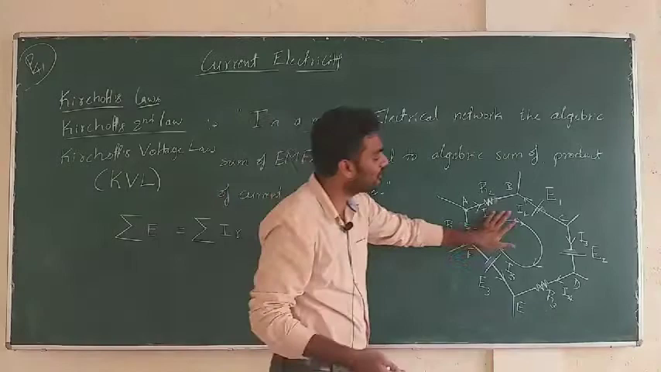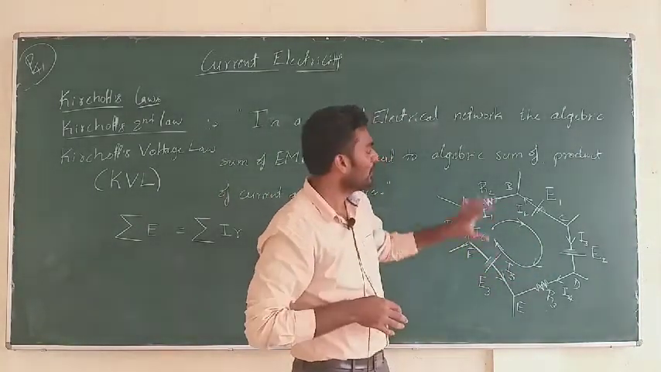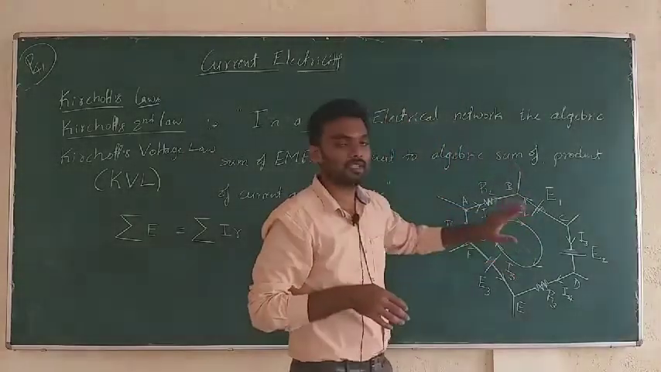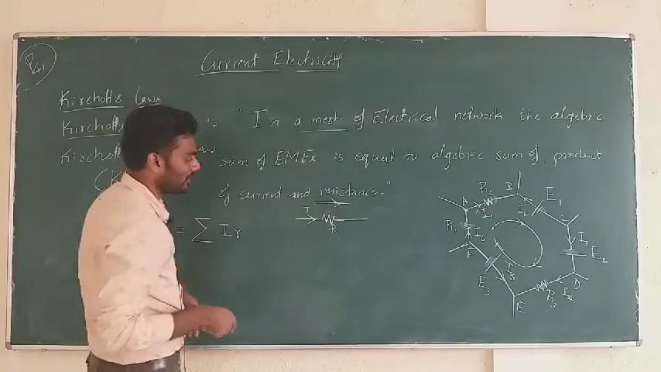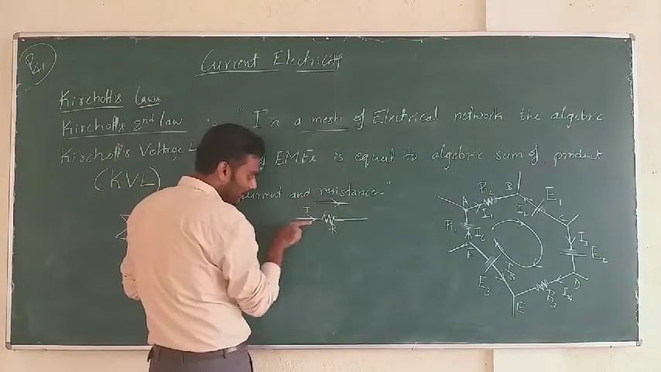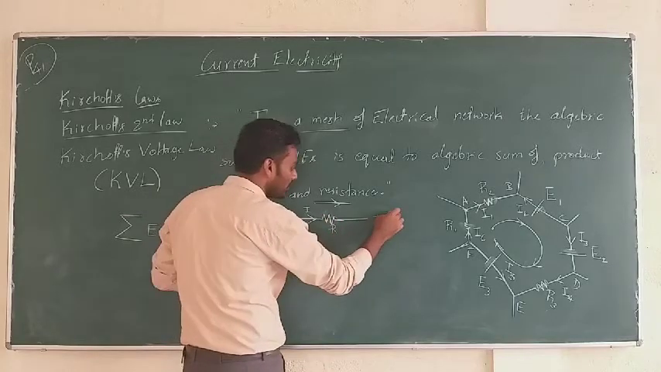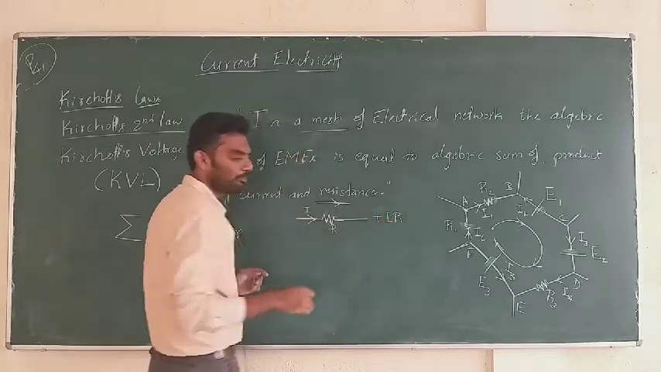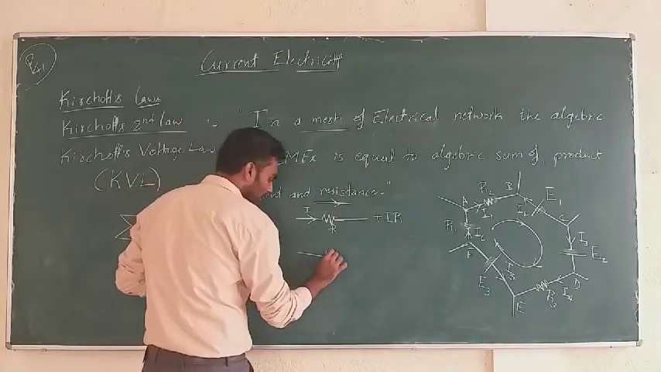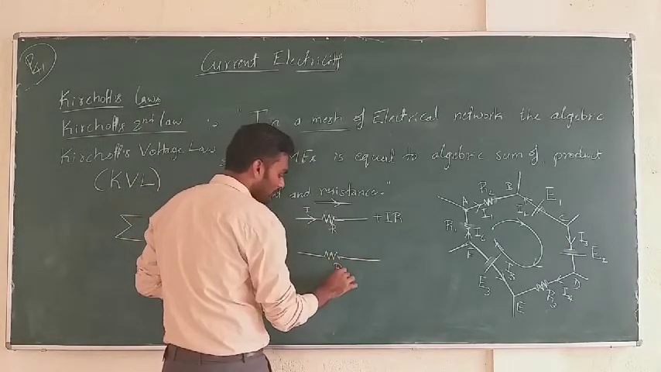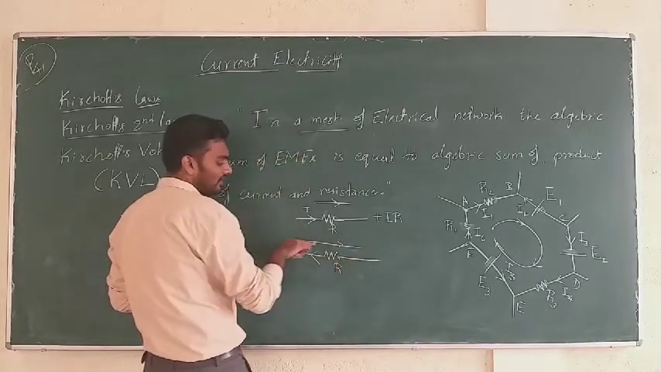This is not some physical path. This is the imaginary path that we have considered to apply KVL to this particular mesh. The path is imaginary. Now, if the direction of the path is the same as the direction of the current, then the product of current and resistance should be positive, plus IR. And for the same scenario, if you have the current direction opposite to that of the traversal direction,